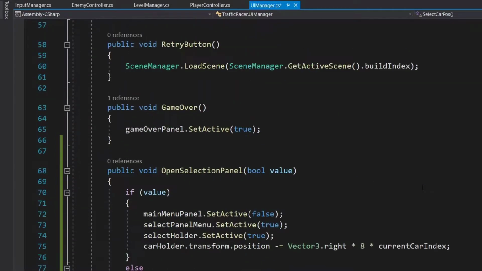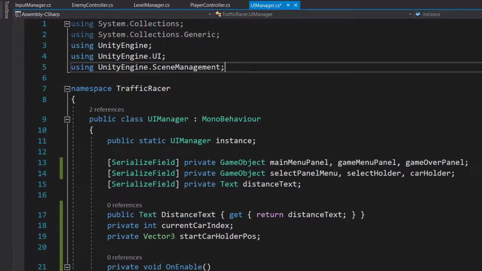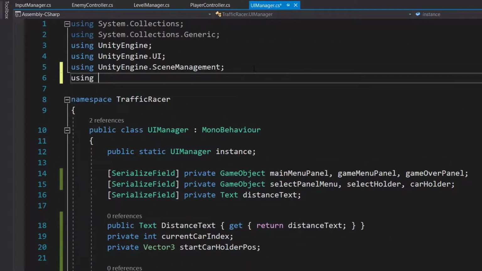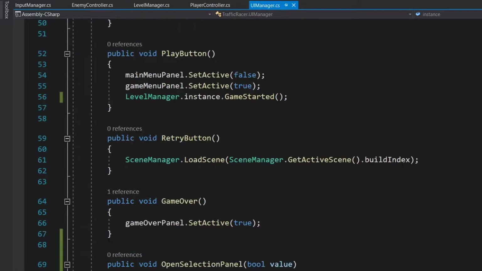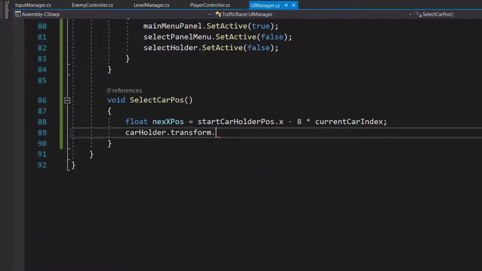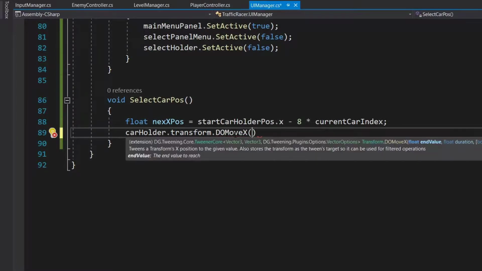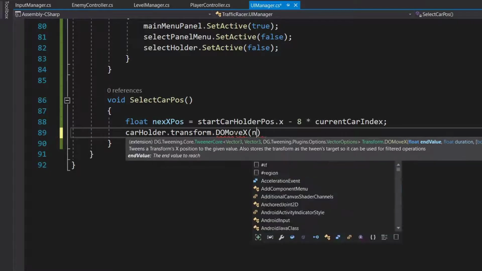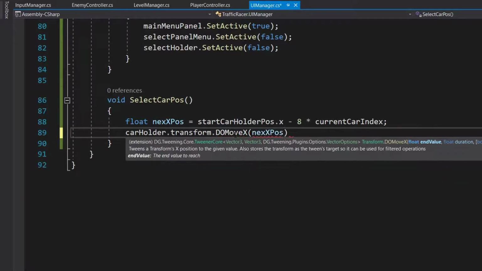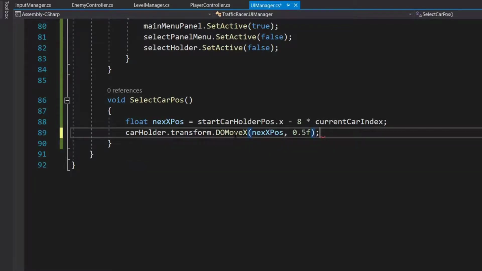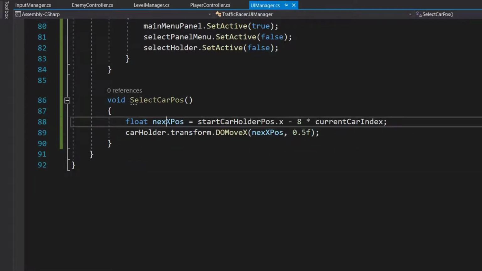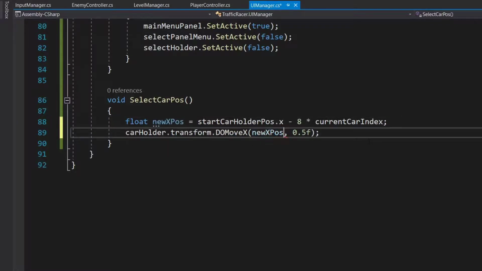So we have to call using DG.Tweening, transform.DOMoveX in the x direction only, and we are using our newXPose comma, let's say 0.5 seconds. Copy this and paste it here.